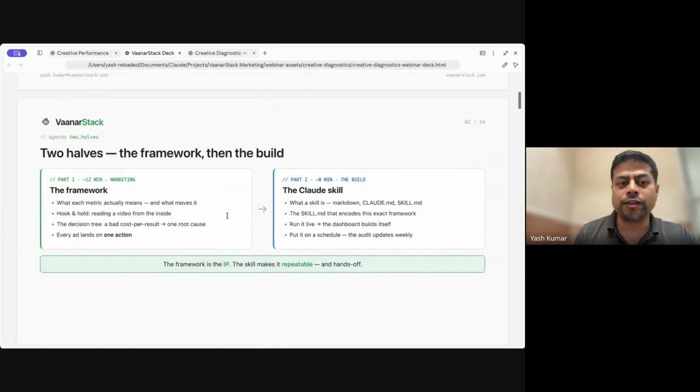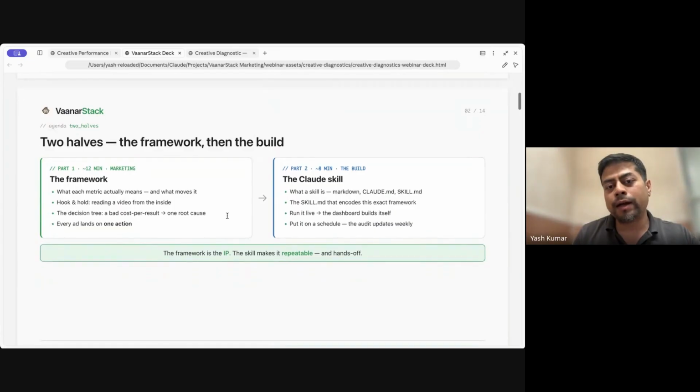Like I mentioned, there are two halves. One is the framework, and then the build. In this particular session, we are focusing only on creative analysis. There are many metrics, of course, that we as marketers analyze, but I'm going to focus only on the creative analysis part, right? And this framework is based on my own experience, what we use in general with